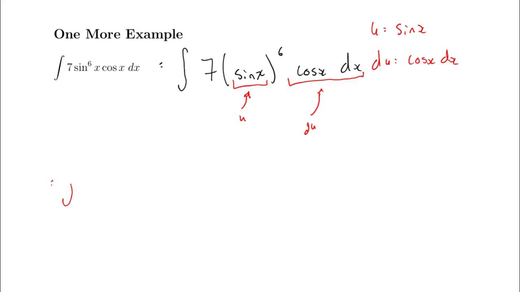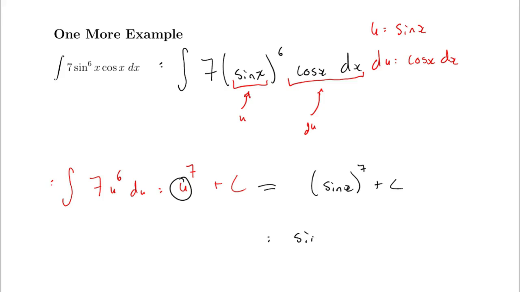All right, if you've done it already, here we go. This is 7 u to the 6th du. And again, we've just got a nice power function here. I know the antiderivative of 7u to the 6th. That's just u to the 7. 7u to the 7 over 7, whatever. Plus some sort of a constant. And now what we can do is toss our u equals sine of x back in place right here. So this is sine of x to the 7 plus c, or sine to the 7th of x